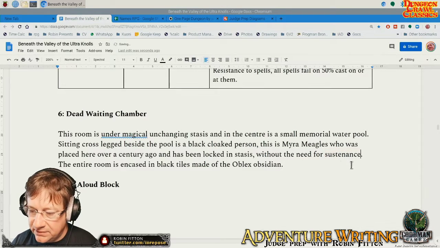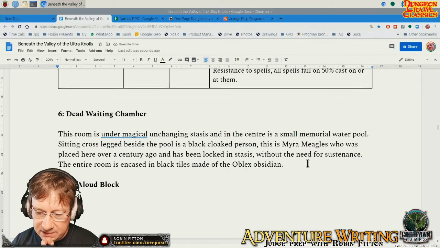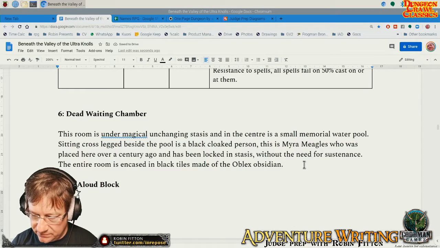Still spelled it wrong. So the entire room is encased in black tiles made of obsidian